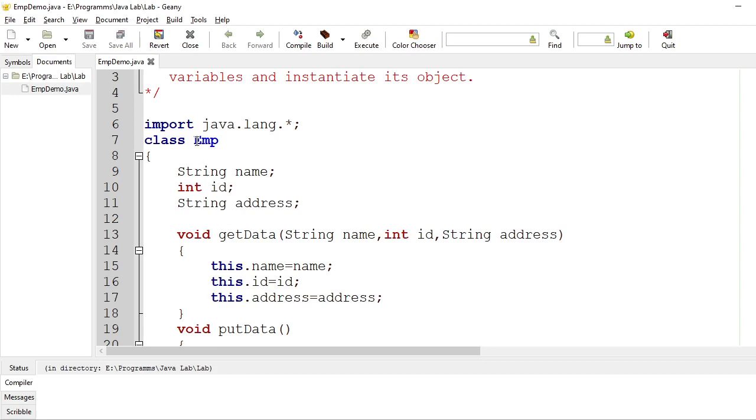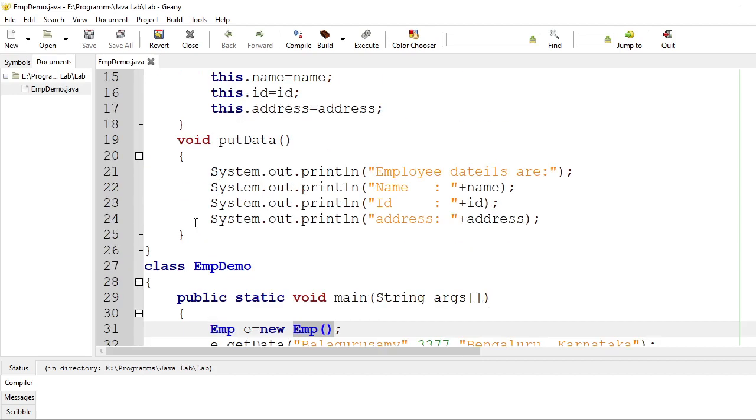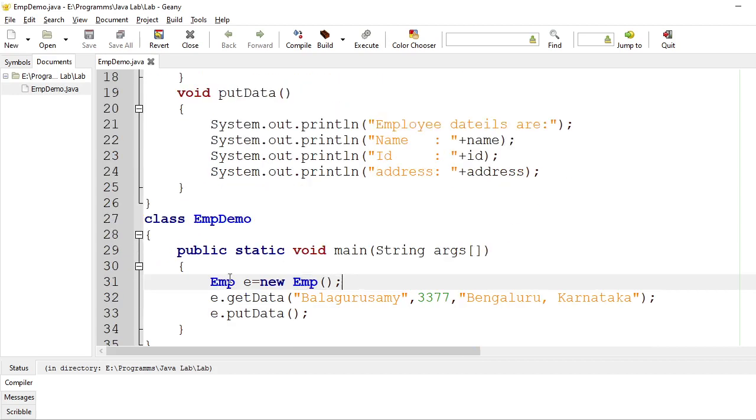It automatically initializes the name with null, the ID with 0, and the address with null. The default values are given to these instance variables.